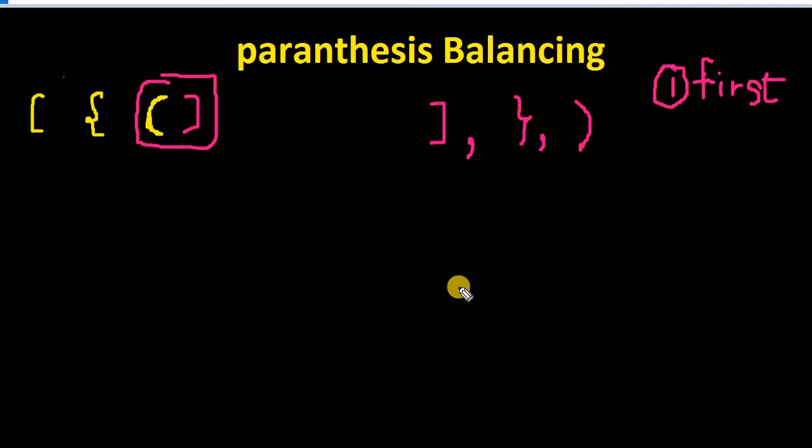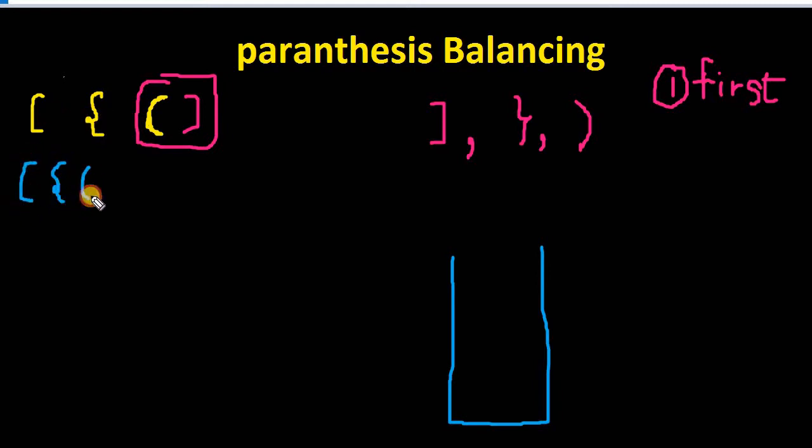Now let's focus on the more natural explanation with a stack. So let me draw a stack. So let's take the same example. So let me draw it quickly. Now there will be two cases, right? First, you will have an opening bracket, or you will have a closing bracket. What we are going to do is, for each opening bracket, we are not going to do anything. So let me write that down.